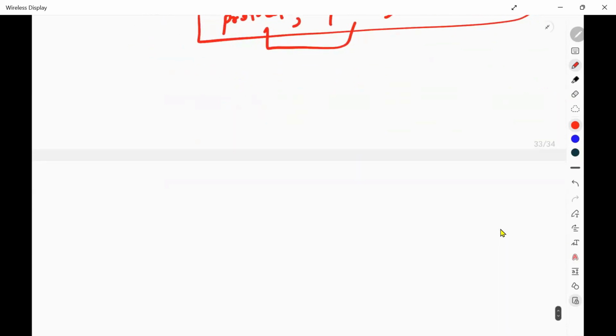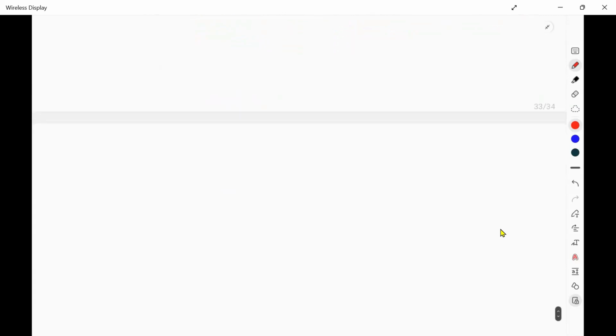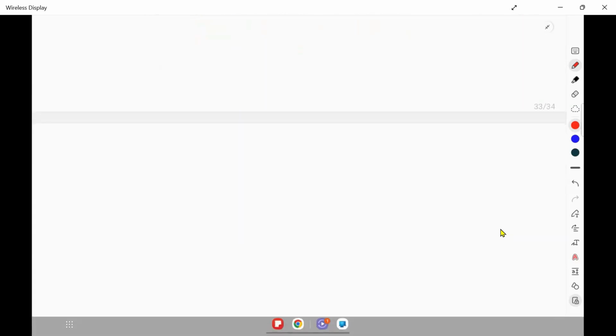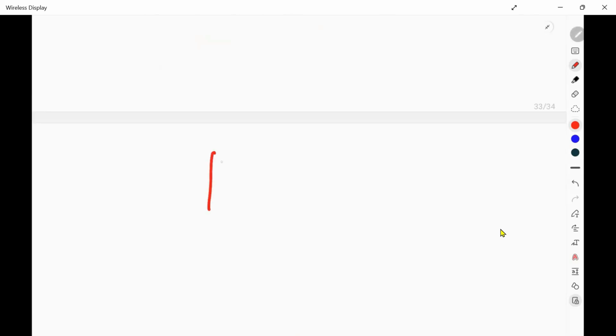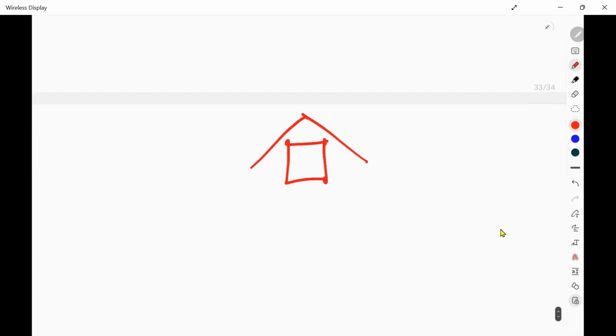Let us understand in this way. Do not think too much about these concepts. Let us say this is your house. How many doors do you have? You have one door.